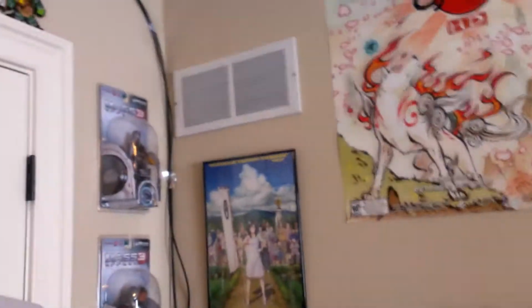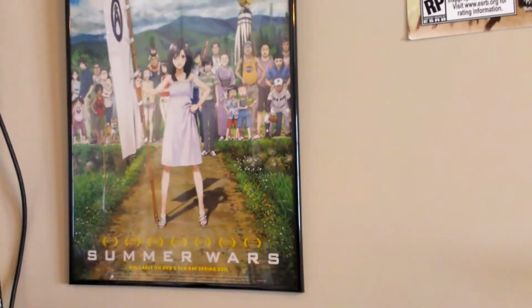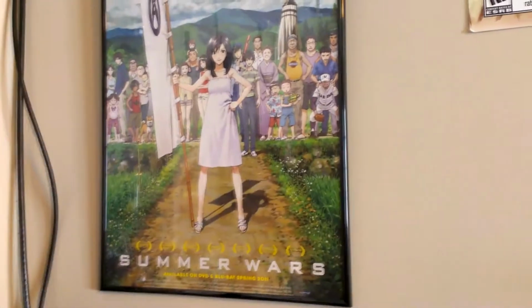And then as you go over the door, I have little 8-bit sprites that my brother made for me once. Zack and Wiki poster, kind of trying to hide some more wires. It's kind of obvious that they're there, but whatever. And then moving over here, air conditioning vent. A really nice Summer Wars poster. I really like this poster, so I got it framed. I usually don't frame my posters, but this one I just felt had a really nice look to it and